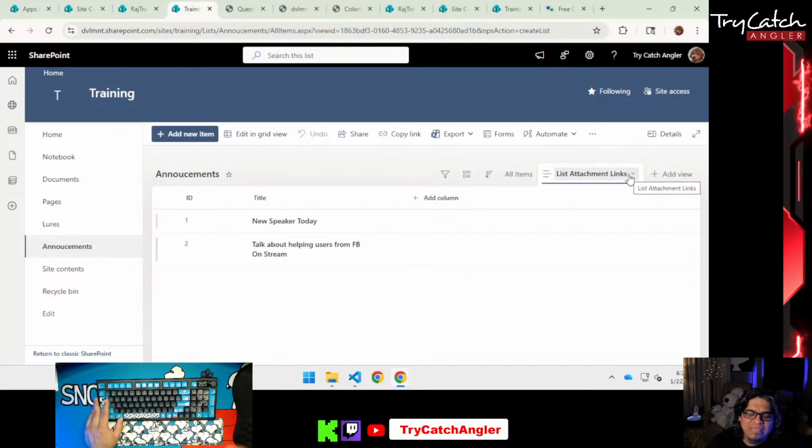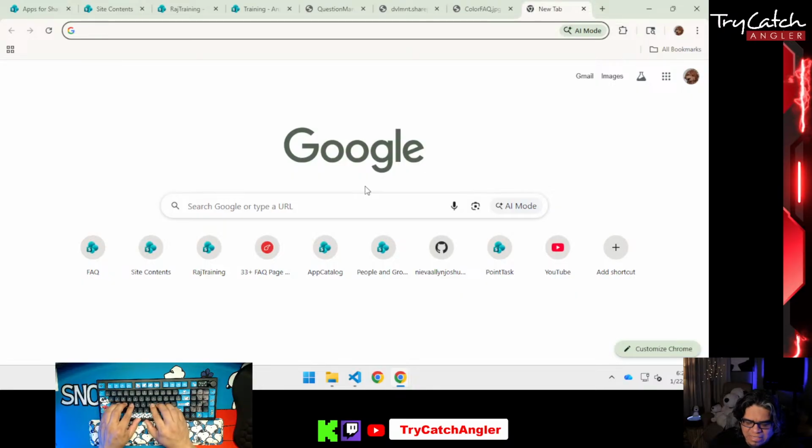Okay, so now I'm in the link attachments, and what I'm going to do is make it so that they can click on the title and be able to see the attachment. Obviously, we have to find out if the item has an attachment or not. Let's close all these, and then we have to find out if